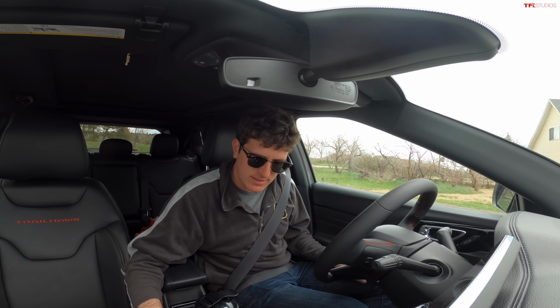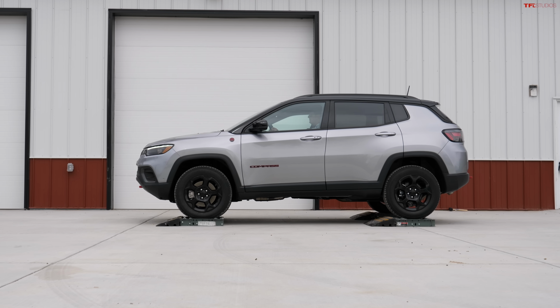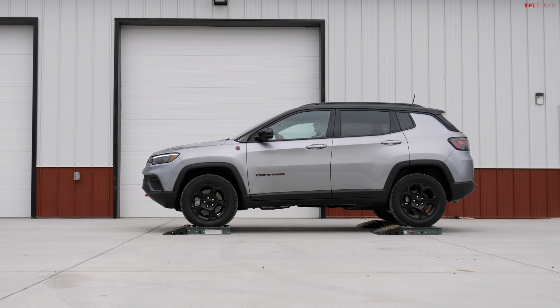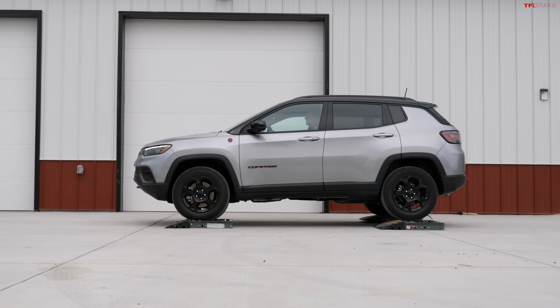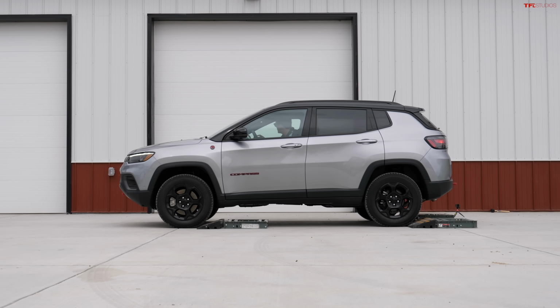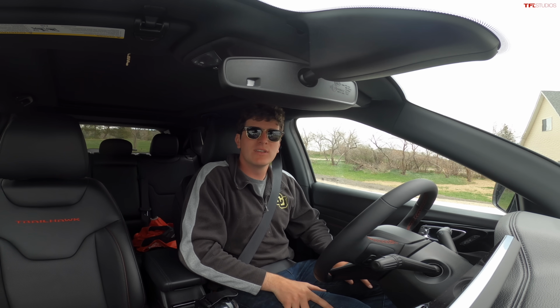There we go. Rock is engaged just like that. See if that makes a difference. Put the computers into a different mode. Come on, Jeep. So actually we got enough wheel speed transfer there where it squeaked the wheel on the ground and pulled us